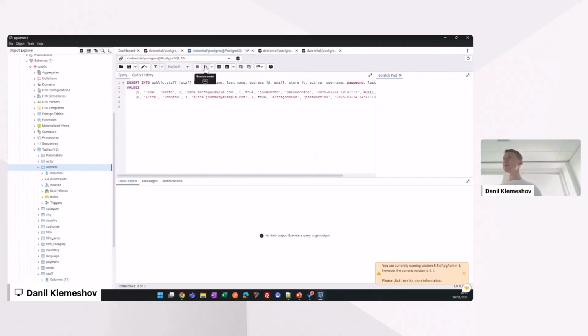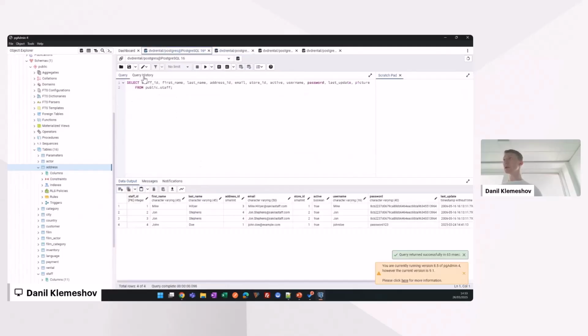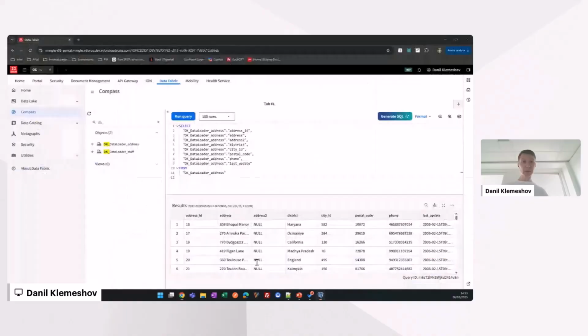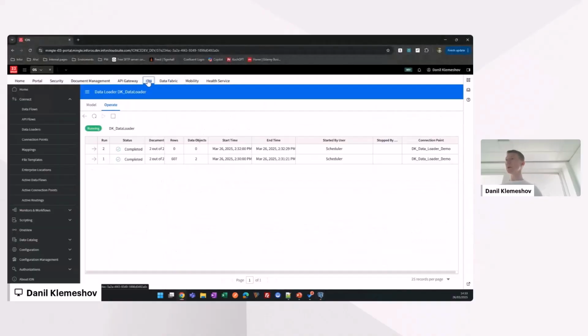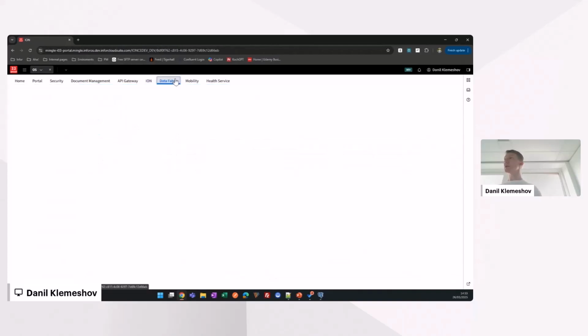Paste it. Execute. Let's check the new data. Now we have 6 rows. So I'm expecting that during the next load session, I will have 2 new rows in a data lake. I see that I sent 2 new rows to data lake, and let's check